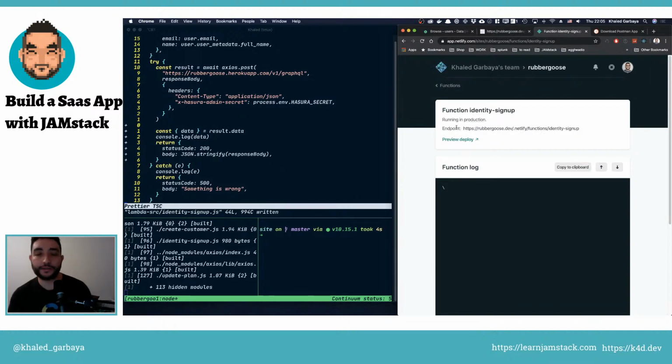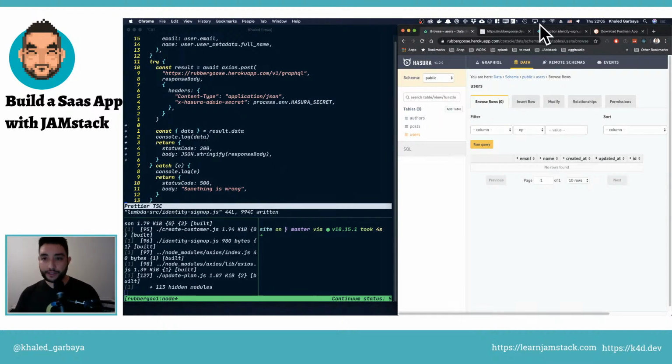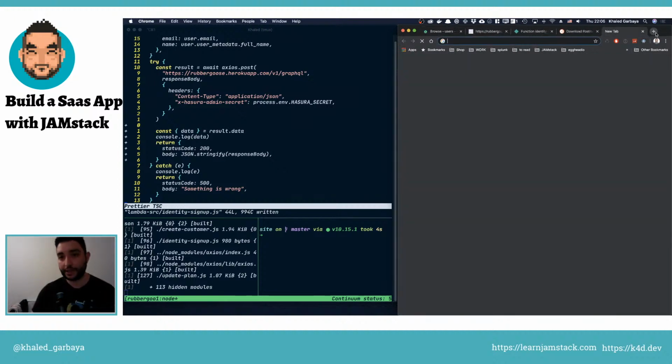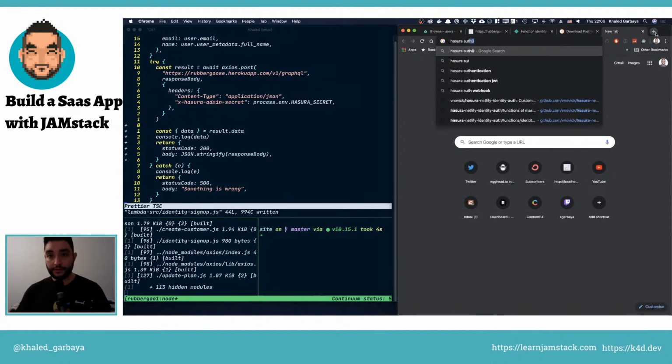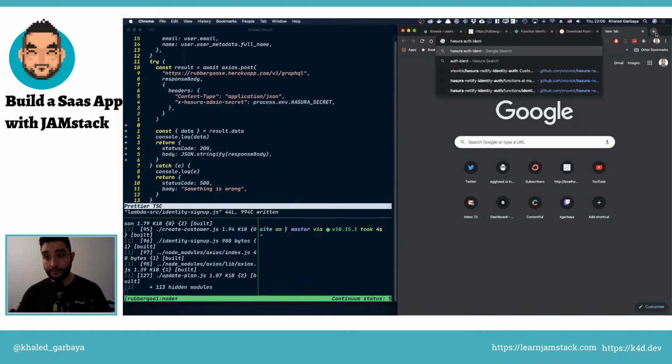Here's the thing. We have this database, the Hasura database, and it doesn't make sense for us to expose our secret into the client side code. So what we need to do is authenticate all the calls to our database. And the first step to do that, we're following identity. We're following one of the blog posts,